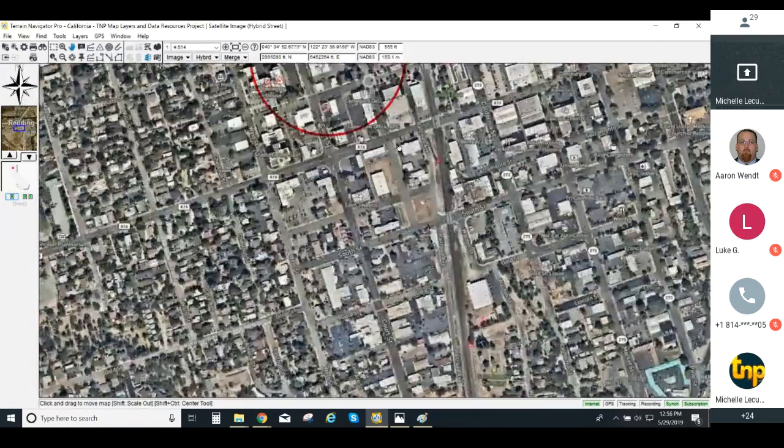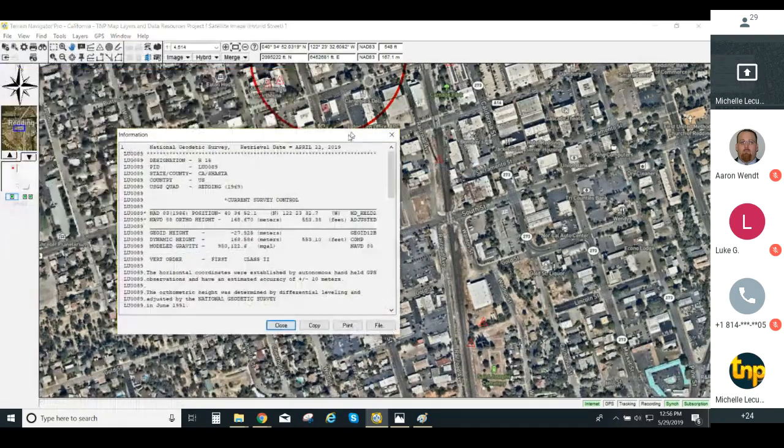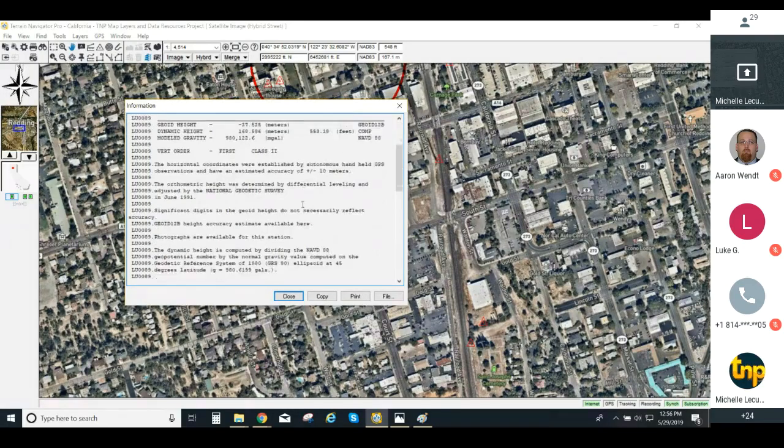And you'll see, like right off to the right here, the benchmarks are triangles. What I will do on this is right-click on this. I'm going to pull up information. And for those that work with NGS data sheets, it's going to give you all the information. Please note, these were, like I said, just updated in May. The retrieval date is at the top of the NGS data sheet. And it's going to give you all the details